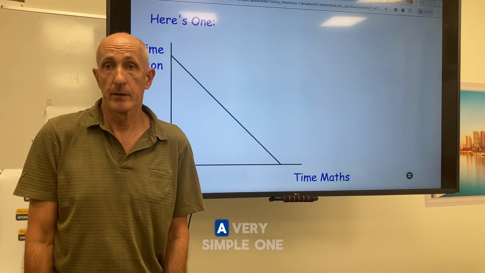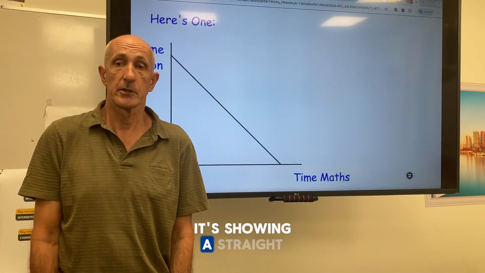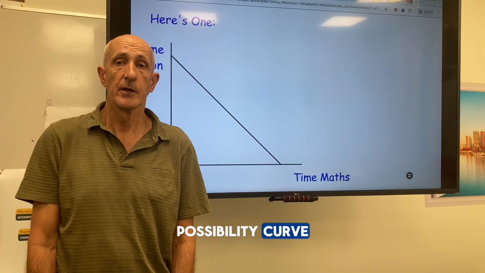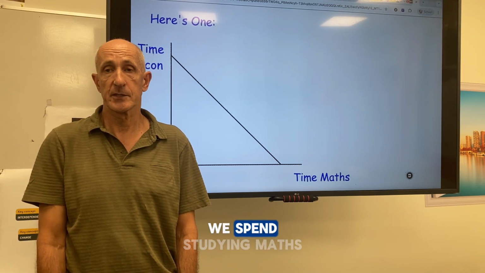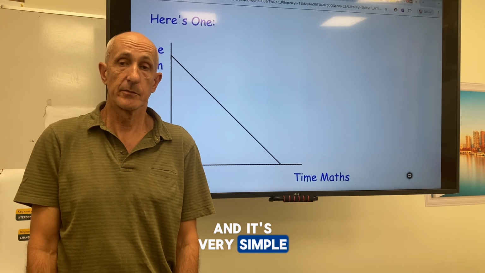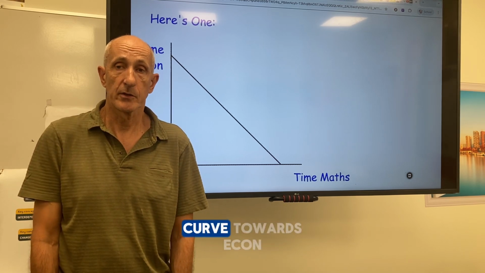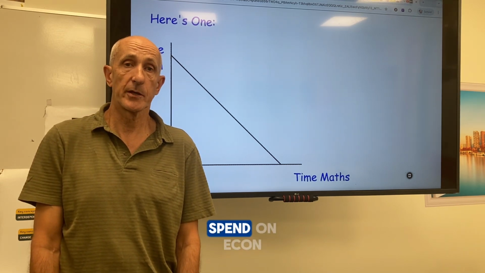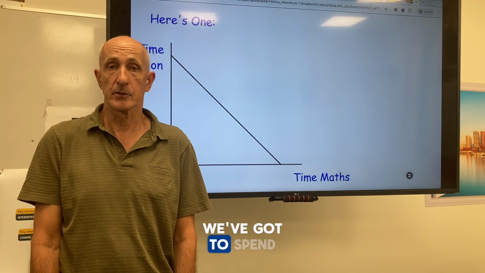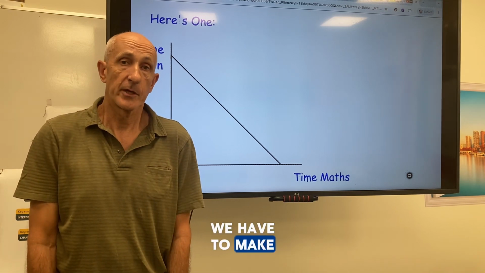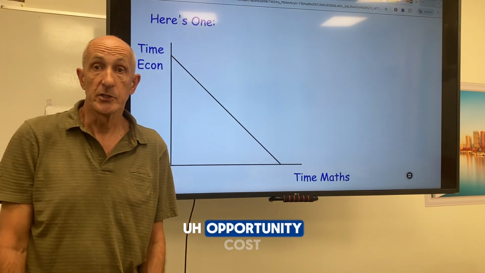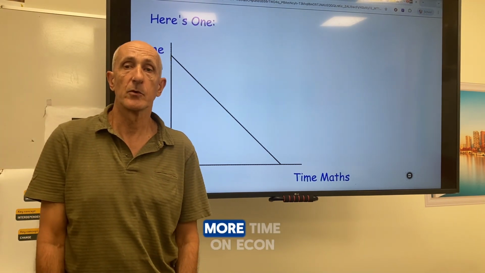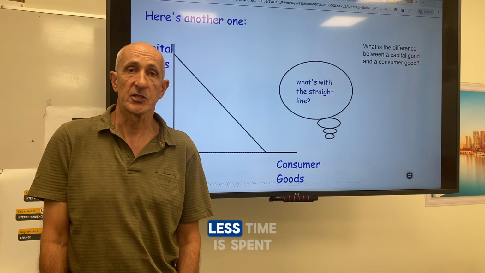So here's one, a very simple one. It's showing a straight line production possibility curve and the time that we spend studying econ and the time that we spend studying maths. And it's very simple. We move down the curve towards econ. The more time we spend on econ, the less time that we've got to spend on maths. We have to make a choice. Scarcity shown here. Opportunity cost, the decision to spend more time on econ means that less time is spent on